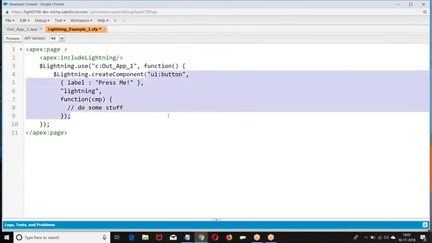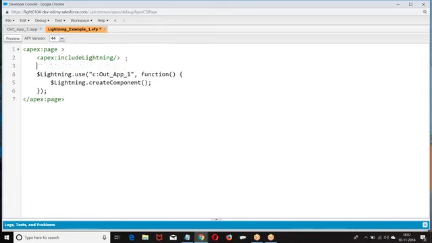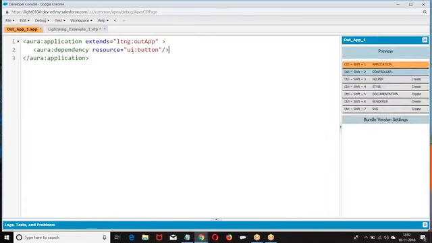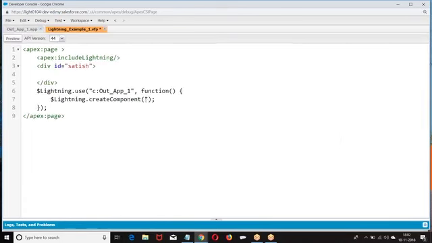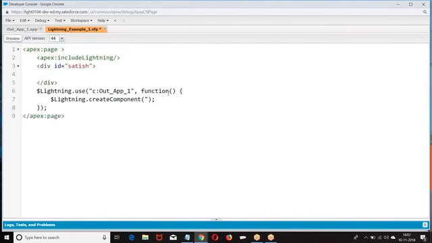Maybe I will type it to avoid confusion here. In this application, create the dependent resource. What is the dependent resource we had? The name of the component you are creating, ui:button. This is the dependent resource. It is one of the standard components they are creating.